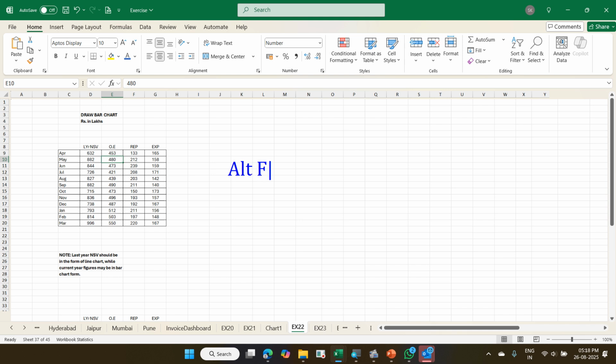Alt F1. Alt, not F11, F1. Table, place the cursor on the table. By default it is selected as a